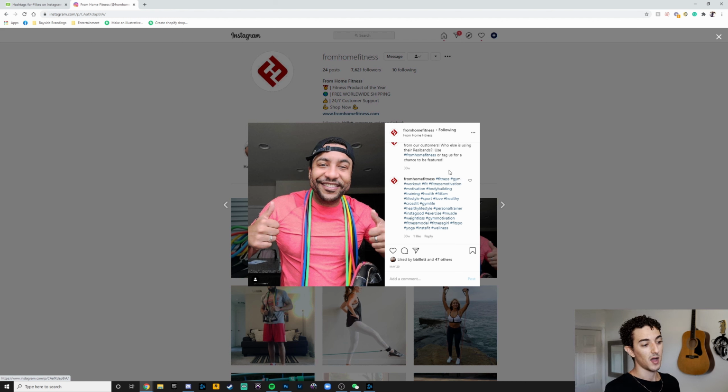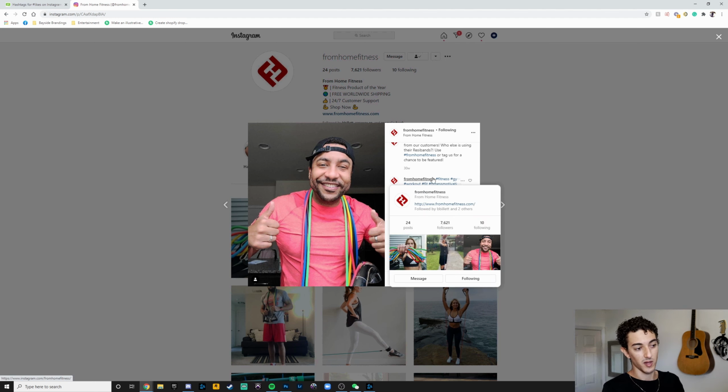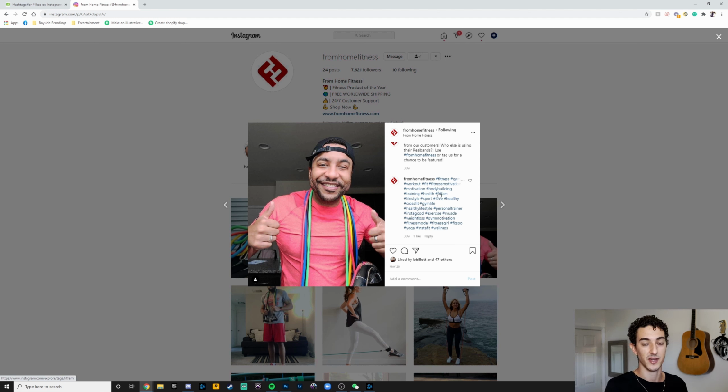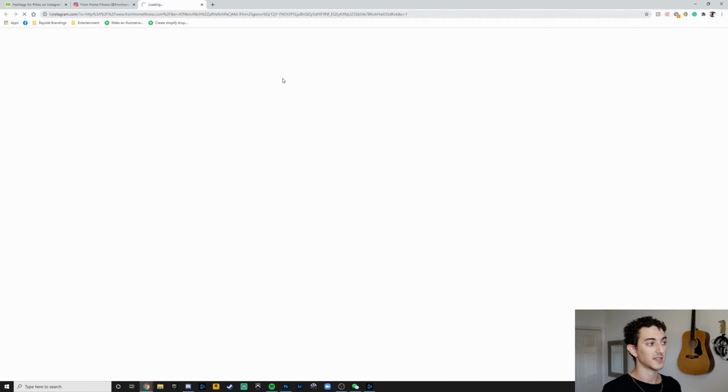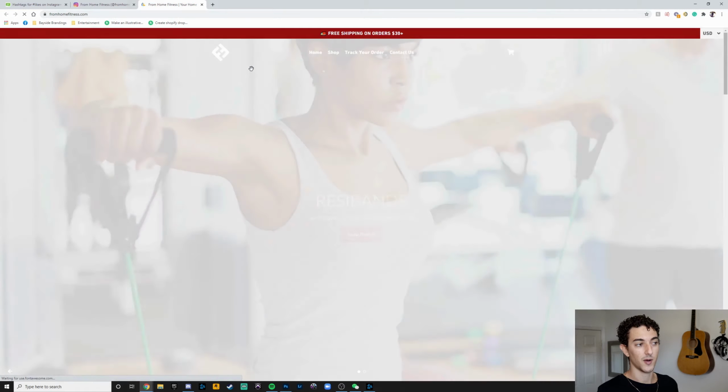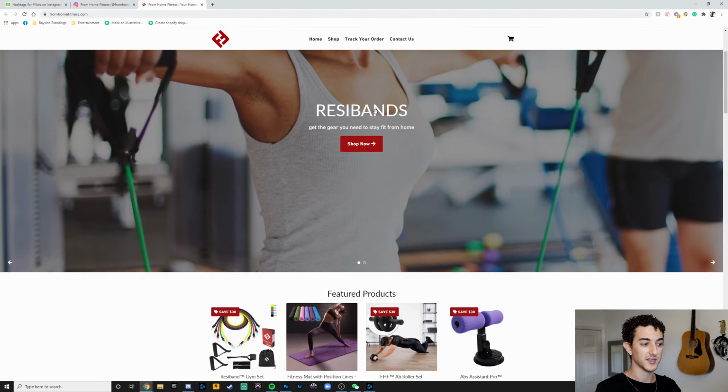So now we have all these hashtags tucked in our post, so that everyone who follows any of these hashtags, or actually looks up any of these hashtags, would have seen this picture in this post, and it's a welcoming post. It's a guy smiling, enjoying his resistance bands that were around his neck, and now that person who's looking at this might get interested, and they're like, oh, well, I want a pair of bands like that. So they click onto the website that's in the link in the bio of your account, and then boom, they're already on your website right here.